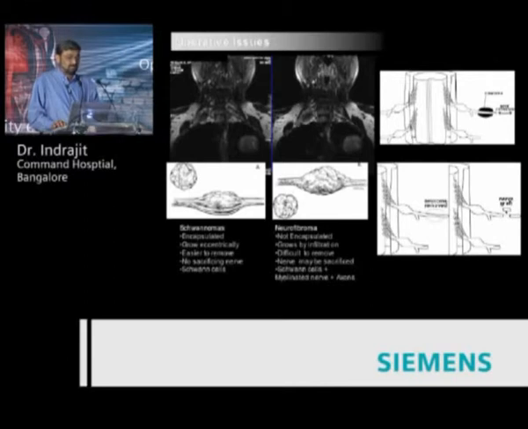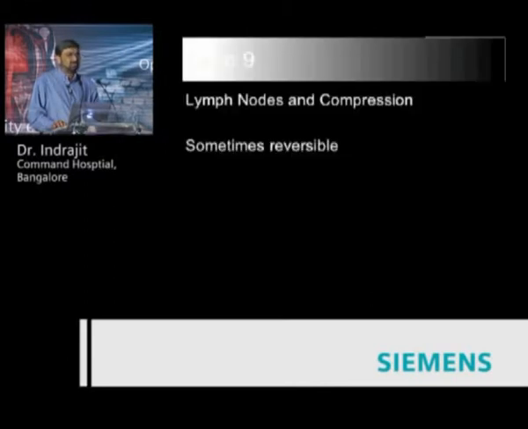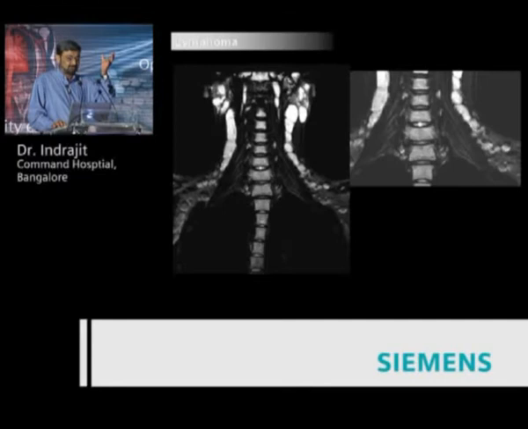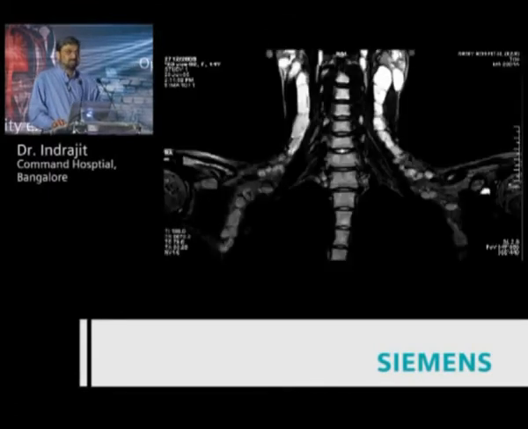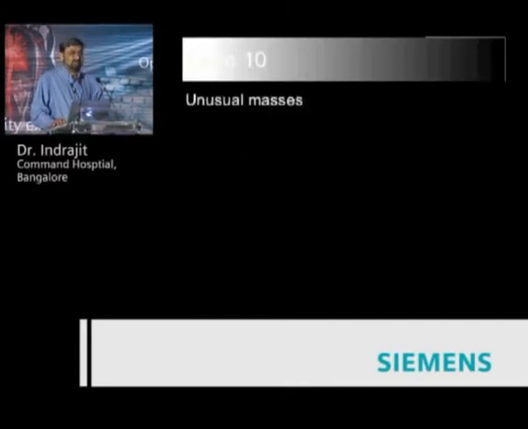particular image. Lymph nodes and compression: once in a while you get cases of lymphomas, and by the sheer cellularity of the lesions, they press on the brachial plexus, like in this young girl who had multiple lymphomatous deposits in the neck. The sheer weight of it was pressing on the brachial plexus, causing pain in both upper limbs. And these, mind you, after treatment can sometimes reverse, and there is some sort of a reversible plexopathy type of